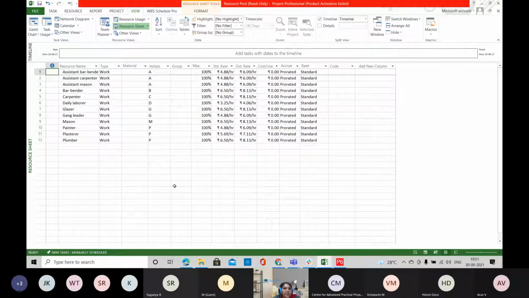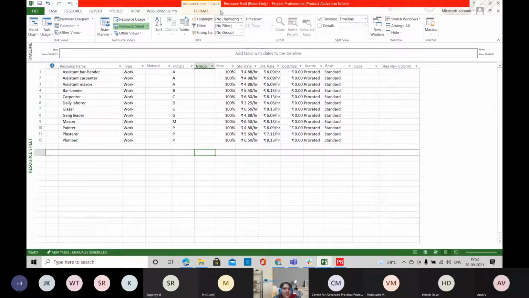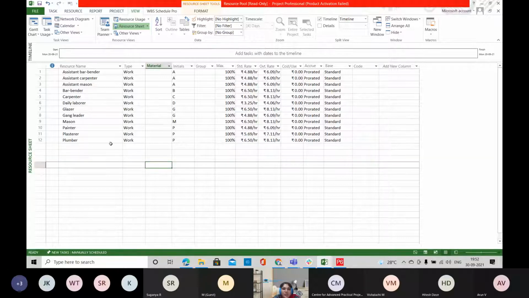And then we'll have the concept of multiple projects. The multiple project concept is sharing the resources among your projects. Here we have only the resources listed. You can save this file as your resource pool. This resource pool can be shared to any number of projects.